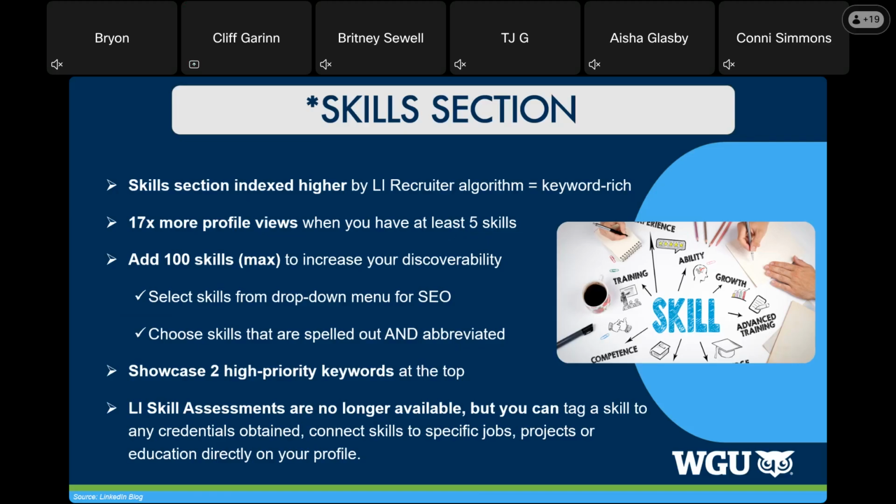Now, because of the applicant tracking systems and AI, go ahead and include both those skills or certifications spelled out and abbreviated. So another one, let's say you got your MBA. Go ahead and write out Master's in Business Administration, parentheses, you can put MBA, because both will be picked up by those searches and also those platforms that are acting like applicant tracking systems.